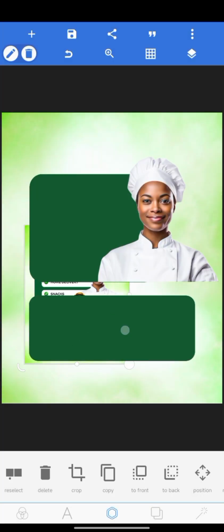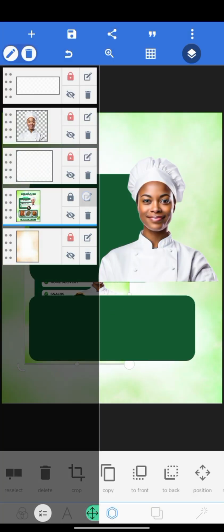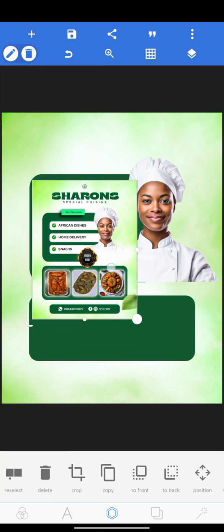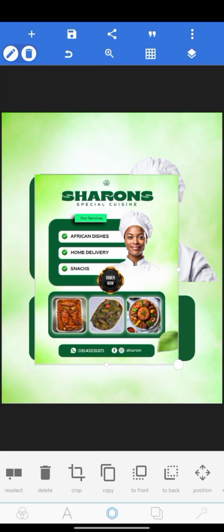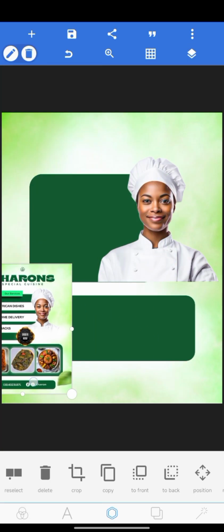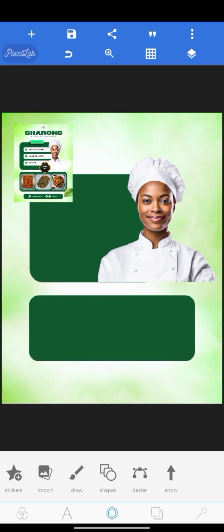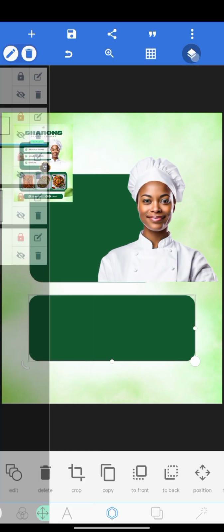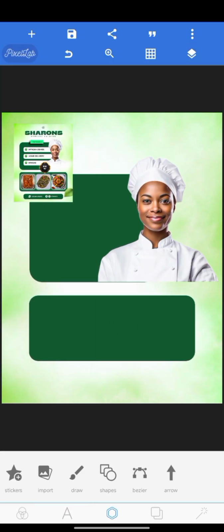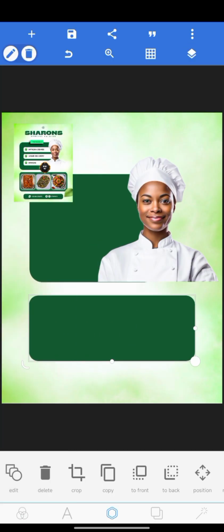Also, this should be at the front. The next one is the third layout for the numbers and the social media handle. Now we're going to do the same thing here. Click on this one here, and copy it. Click on it, copy it,